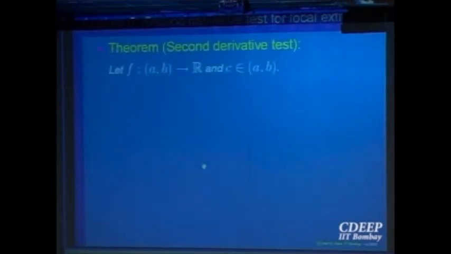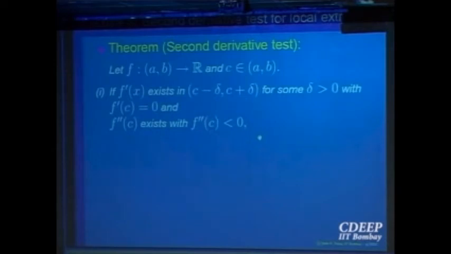Now comes the second derivative test. Right? Now you see more and more knowledge is available about the function. First only continuity was known to me. Then I knew about the derivative, first derivative, and some property about it. Now I know the function is also twice differentiable and I have some more information about it. Right? So the second derivative test says, supposing the first derivative of the function exists, for a second derivative to exist at a point, keep in mind, the first derivative should exist in a neighborhood of that point.